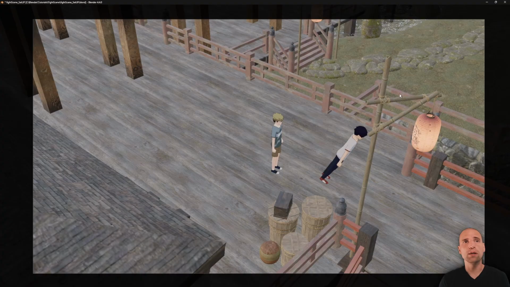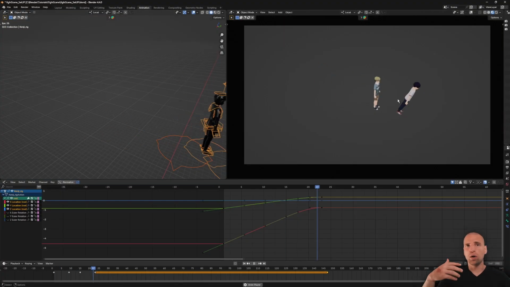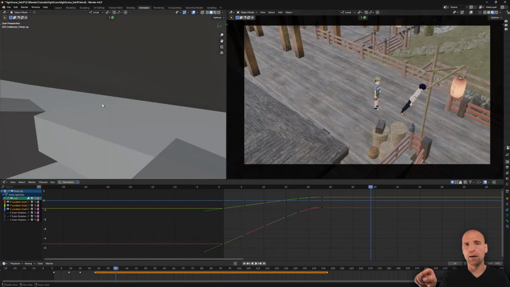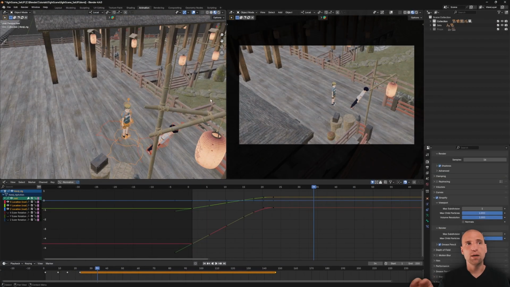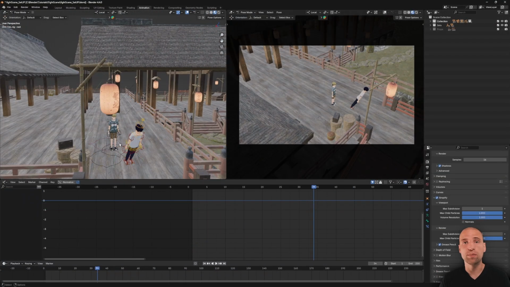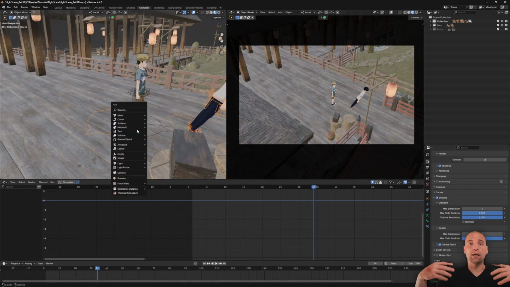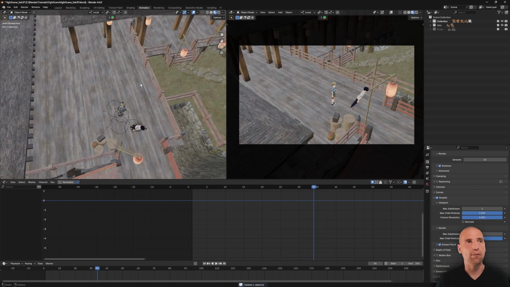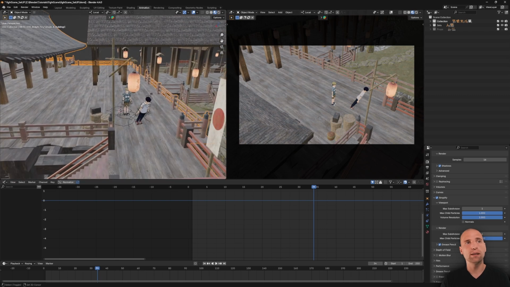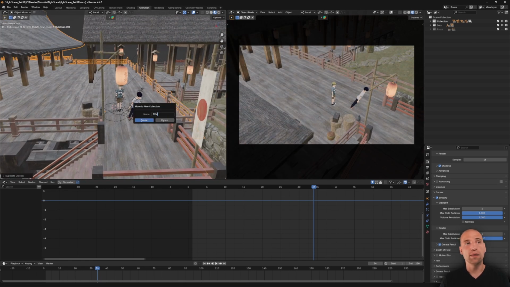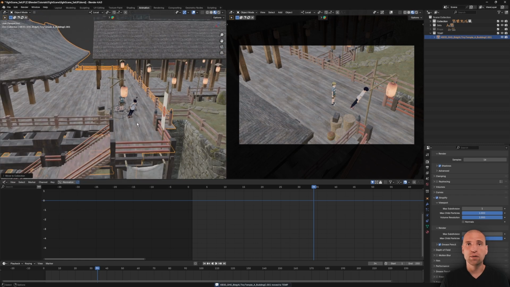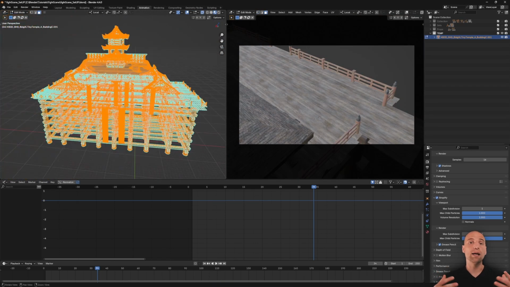What I'm doing here is after I blocked in the scene and I'm playing back my animation, my frame rate is about 12 frames a second. And so I want to optimize my scene so that I can work as quick as I can. What I'm doing now is selecting parts of the set and I'm going to put them in their own collection. And then I'll put the characters in that collection